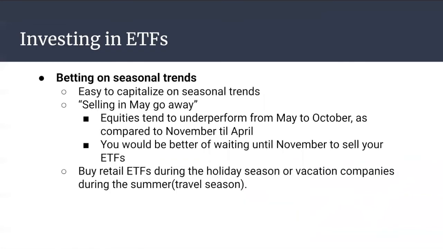The last strategy is called betting on seasonal trends. Betting on seasonal trends is a way for investors to capitalize on the seasons. The first phenomenon of betting on seasonal trends is called sell in May, go away. And it refers to the fact that the equities market tends to underperform from May to October and then increase